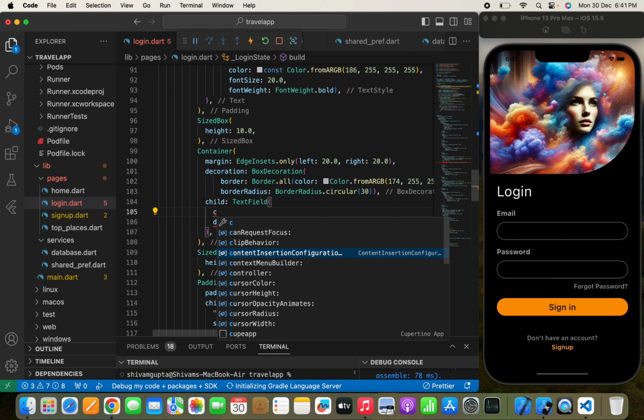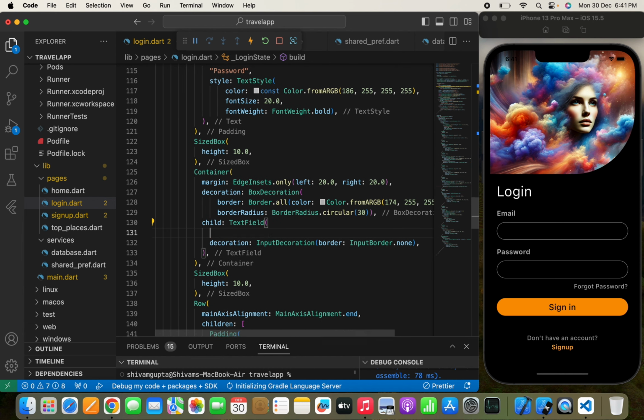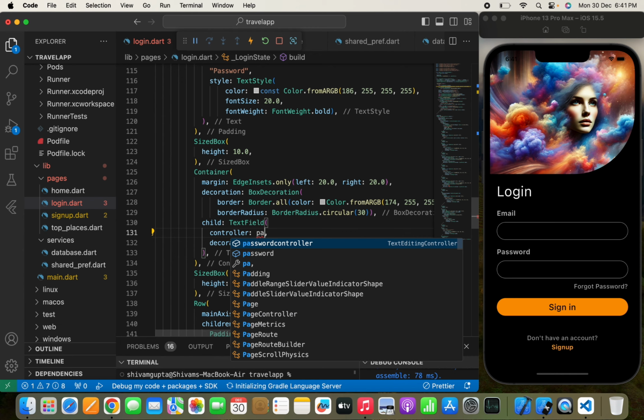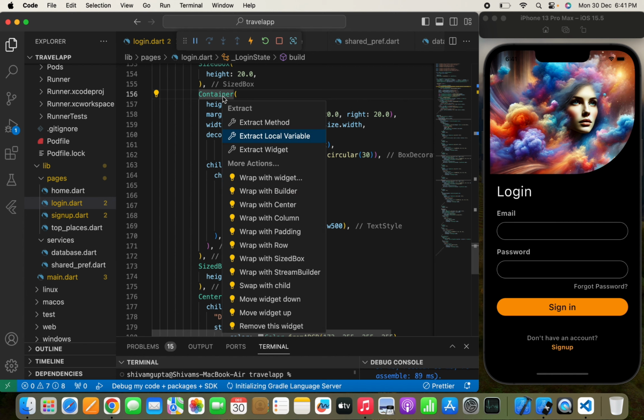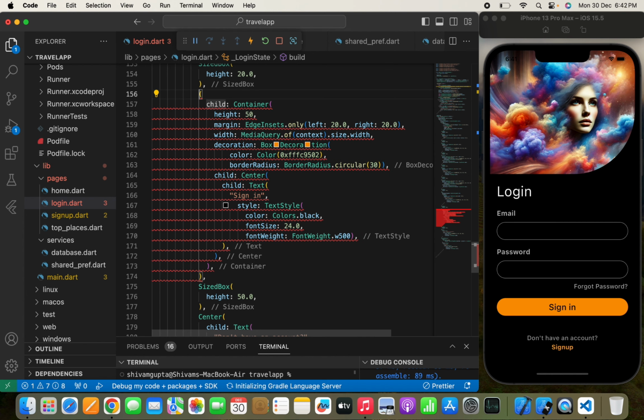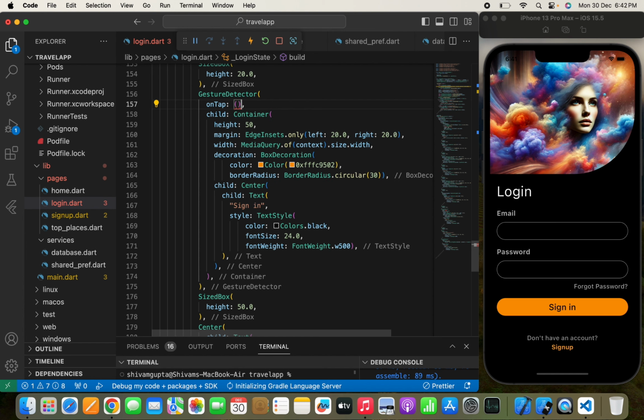So we'll write a controller, a mail controller, and the same for the password controller. Now when the user taps the sign in button, I need to call the login function, right? The user login function. So for that I need to wrap it with a gesture detector, and in the gesture detector, in the onTap method, I will write